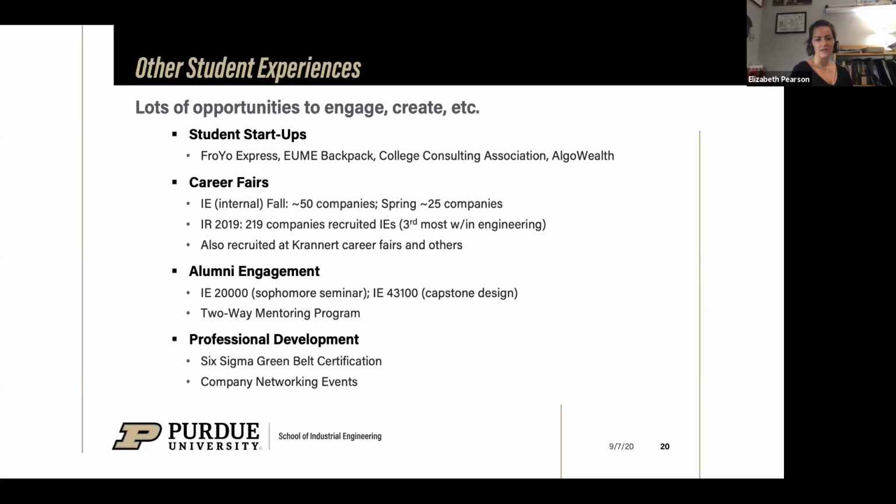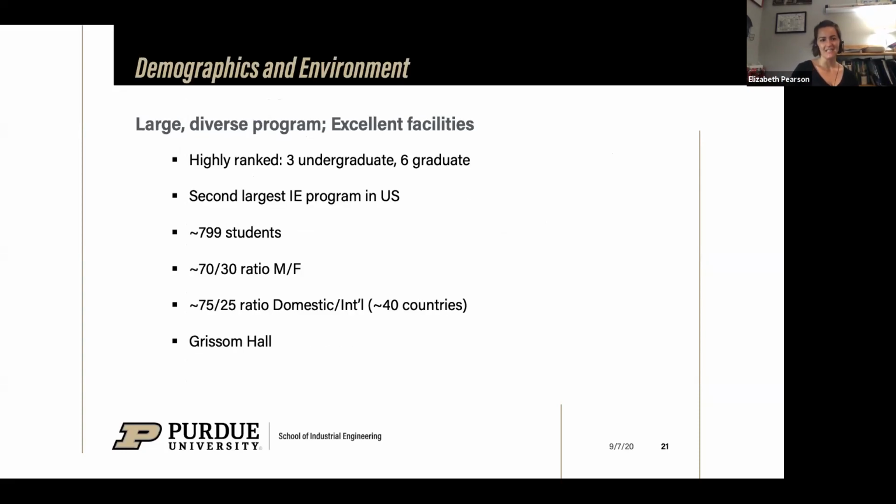And then, of course, we also have professional development opportunities, Six Sigma Green Belt certification. If you don't know what that is yet, go ahead and Google it. It has to do with production and working within companies to make things run more efficiently and save money. It can be a really good certification to have on your resume, especially coming out of college as you're entering the job market. It's a great certification that recruiters would recognize, and it would help with the strength of your application. So a couple of numbers, because you guys love numbers.